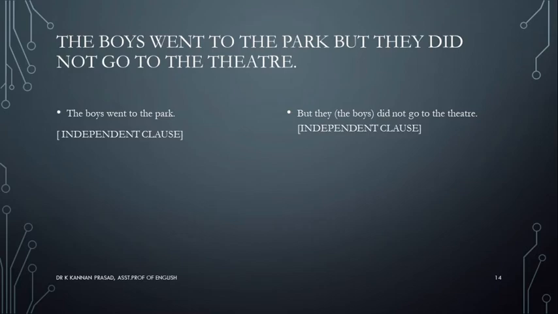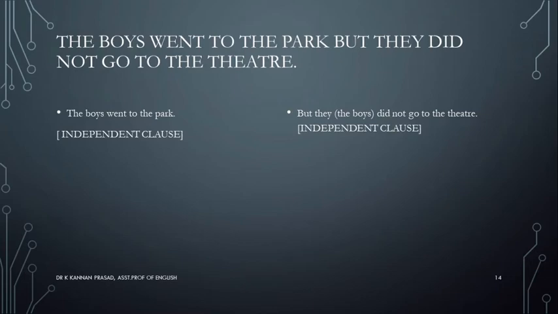On a much closer look, you would also find that clause number 1 can be a sentence on its own. Clause number 2 also can be a sentence on its own. So, can we say that clause number 1 and clause number 2 are independent clauses? Yes, we can, because both the clauses can independently complete their meaning. Go ahead and try it.